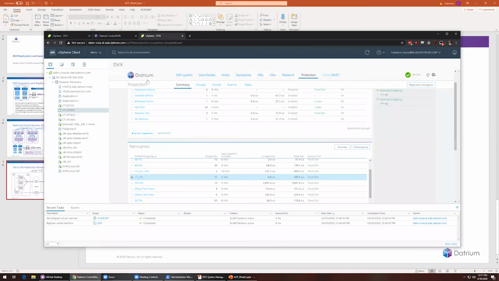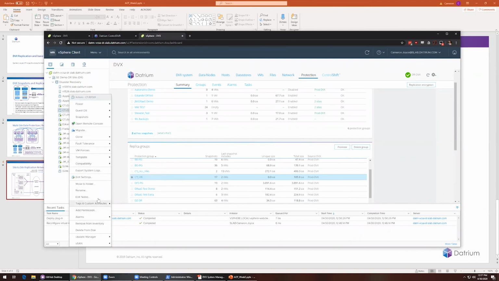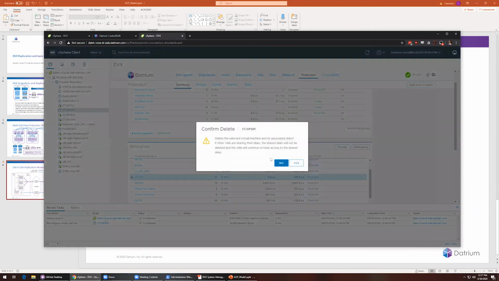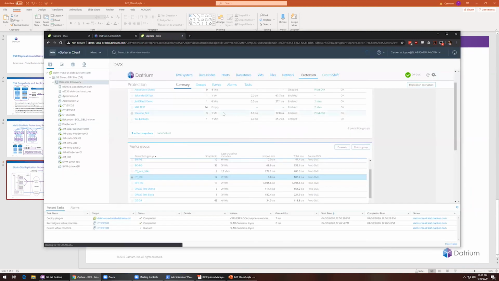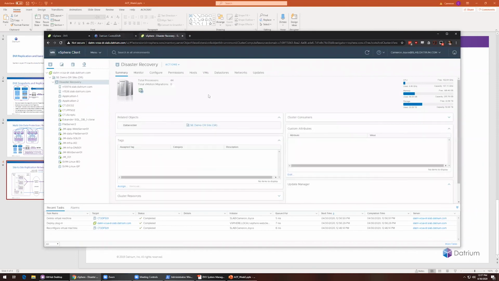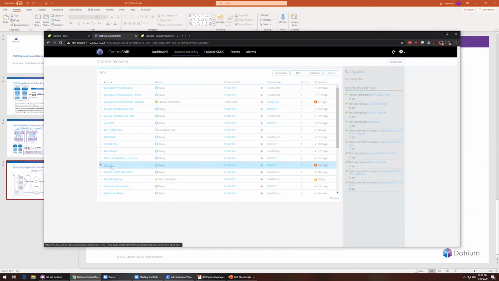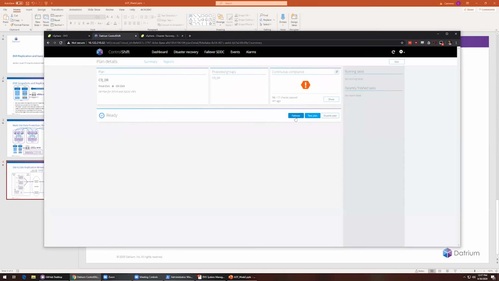if I come in here and I were to say, I'm going to delete this VM, I'm going to delete from disk. So now, if I come back into Control Shift and I come back in here,